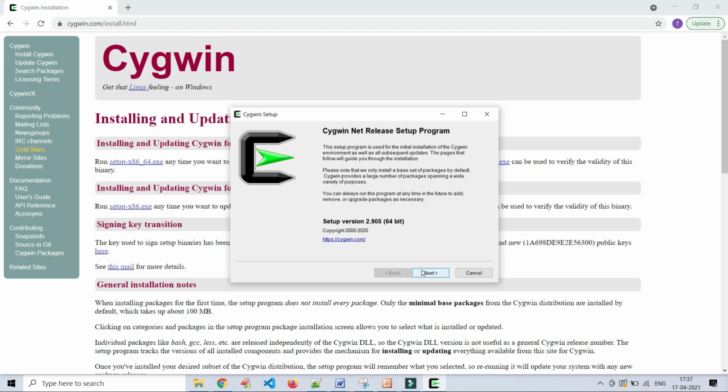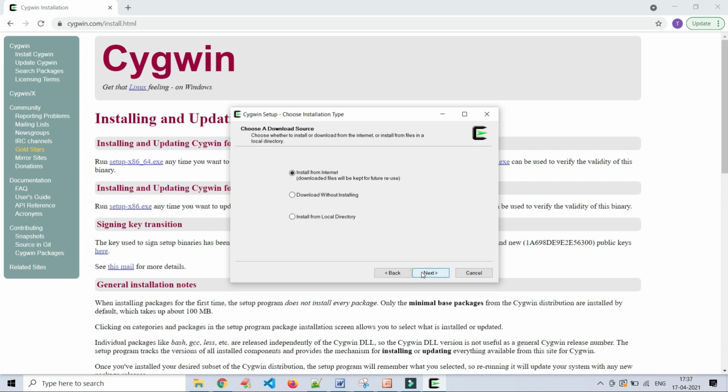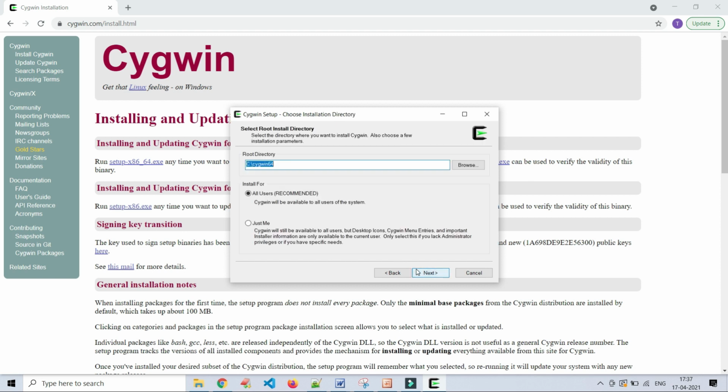In the same way, we follow the steps. Click on next. Install from internet, obviously, or else install from local directory. No, we don't have a local directory copy. Download without installing, we already downloaded. So we can choose this default option. Click on next.